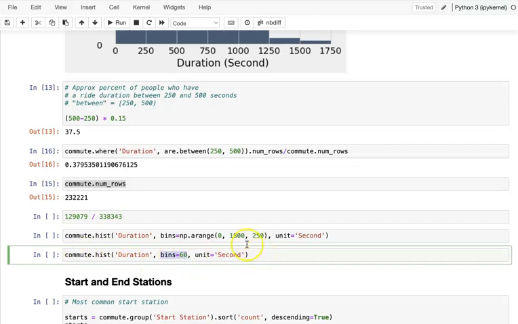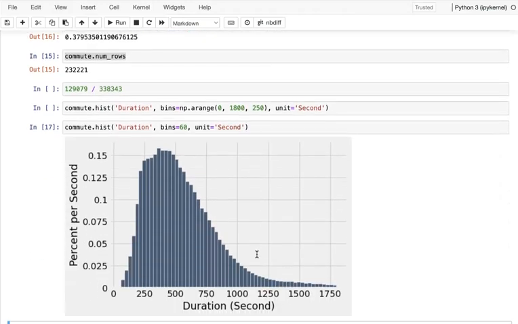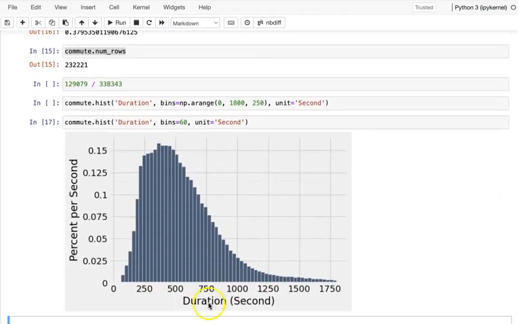We're still using seconds as the unit. So we see what they are. Actually here, they make a total of 60 bins. So if we have 30 minutes, then you have 60 bins, kind of one bin every 30 seconds.